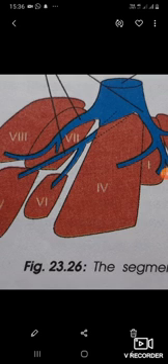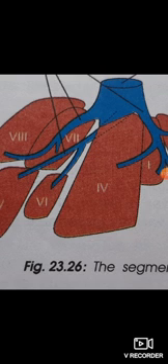Now, how is the liver developed? It is developed from the caudal end of the foregut. An endodermal hepatic bud arises during the third week of development. The bud elongates cranially. It gives rise to a small bud on its right side. This is called pars cystica, and the main part is pars hepatica. Cystica forms the gallbladder and the cystic duct, which drains into the common hepatic duct, that is CHD.